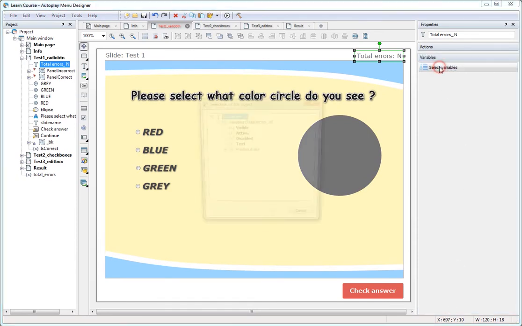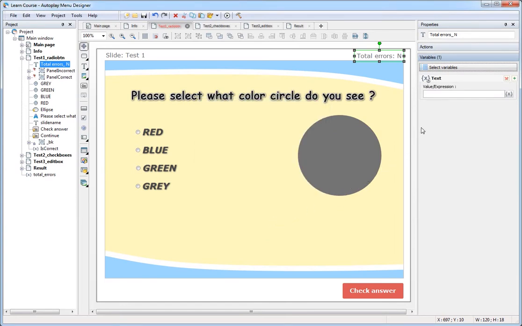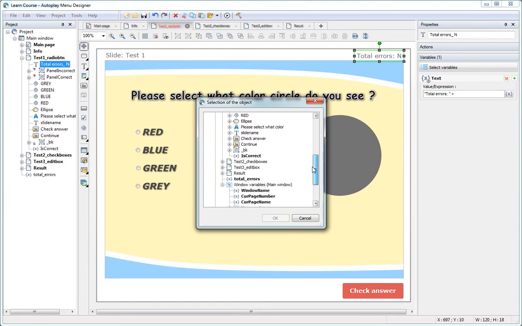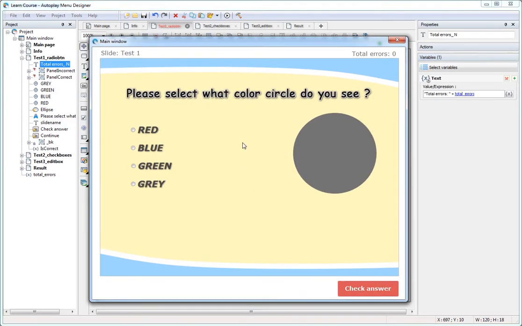Let's select the internal variable text and set an expression for it using the total_errors variable. The expression value will be calculated and displayed as text in runtime mode. Start the page test to see how the error counter changes when the answer is not correct.